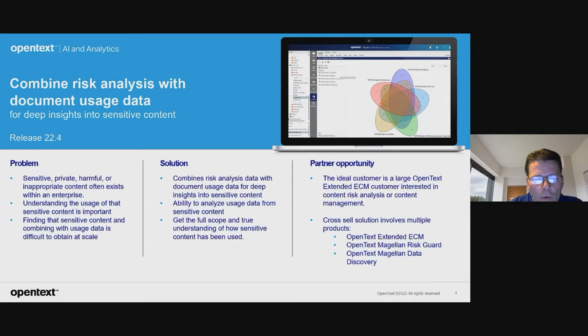As a general rule, sensitive, private, harmful, or even inappropriate content often exists untethered somewhere within an enterprise. And understanding the usage of that sensitive content is important. We can find that sensitive content today easily. We've got Risk Guard, but combining that data with usage data to get that deeper analysis is difficult to obtain at scale. So this solution in Magellan Data Discovery version 22.4 provides the ability to analyze risk analysis data from